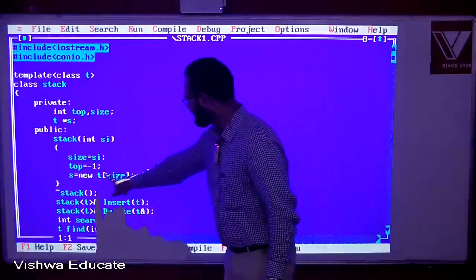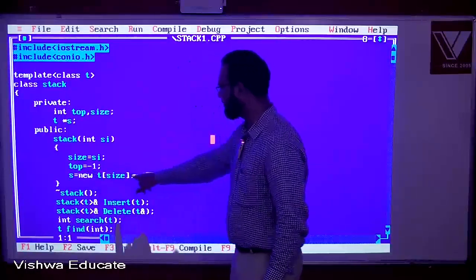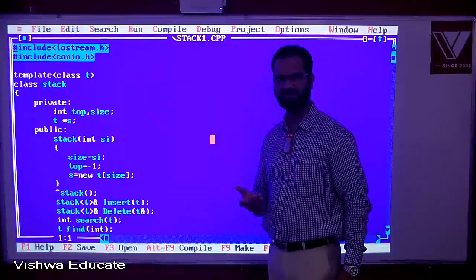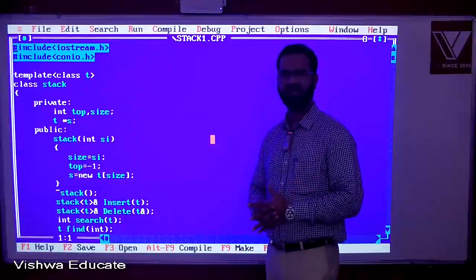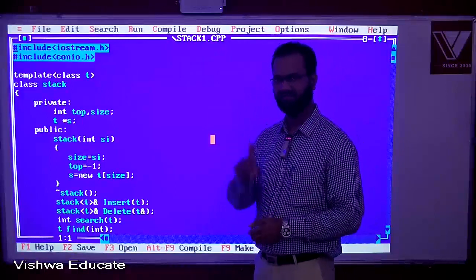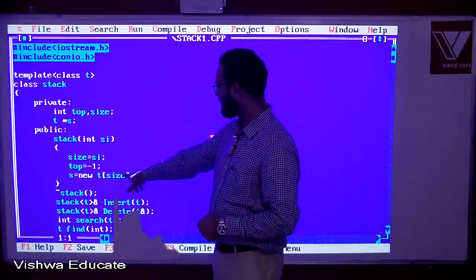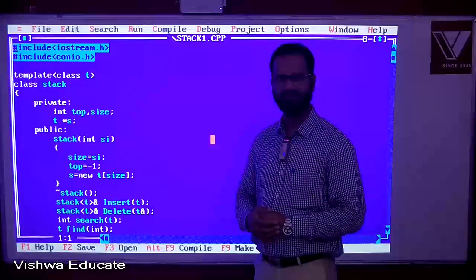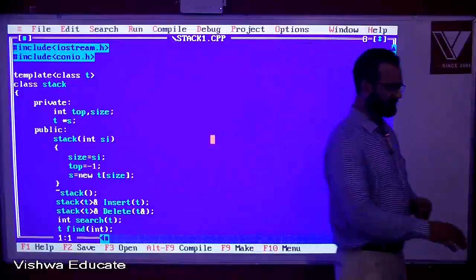Instead of writing the data type over here, what is the syntax of writing S is equal, how to allocate the memory dynamically in C++? Allocating the memory dynamically in C++ is done using the new operator. This is for a one dimension array. At runtime, we are deciding what would be the size. At runtime means what? See, when we have something like this,